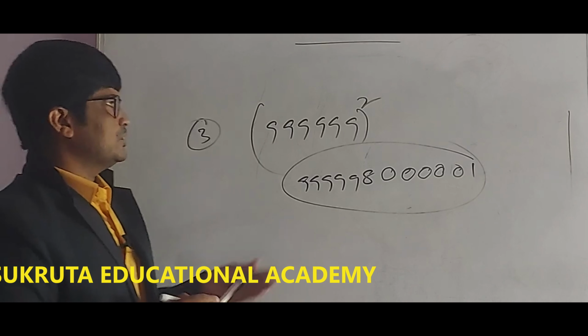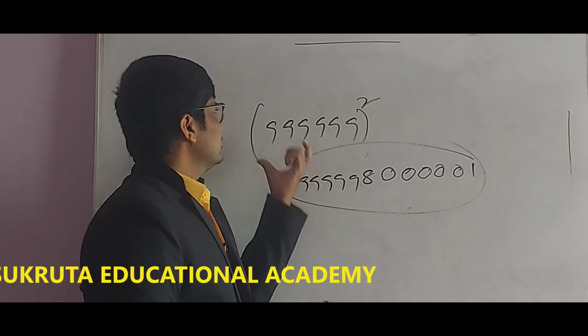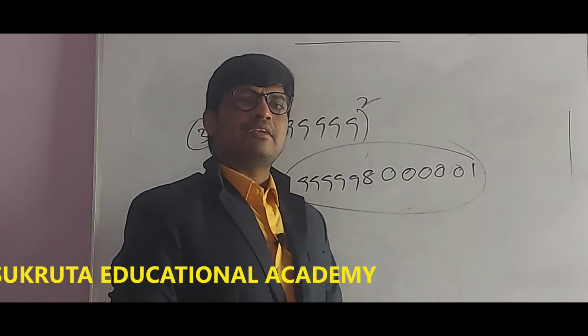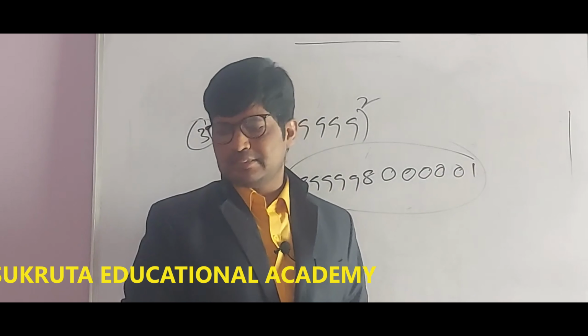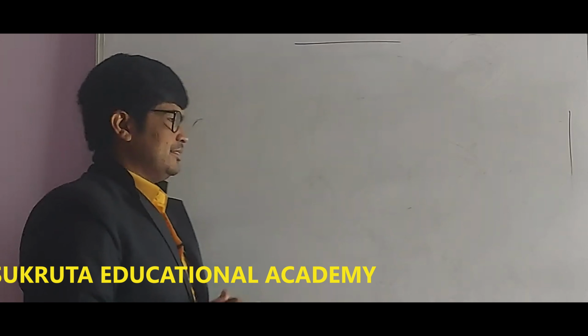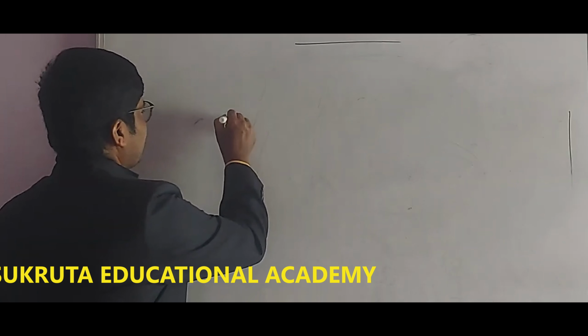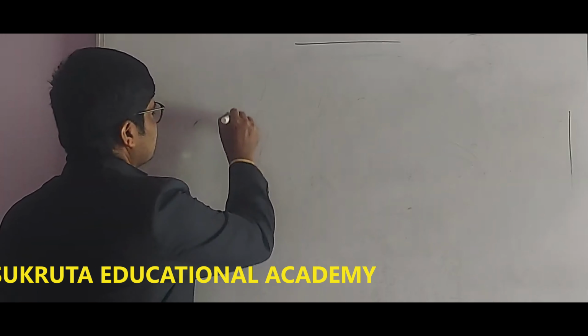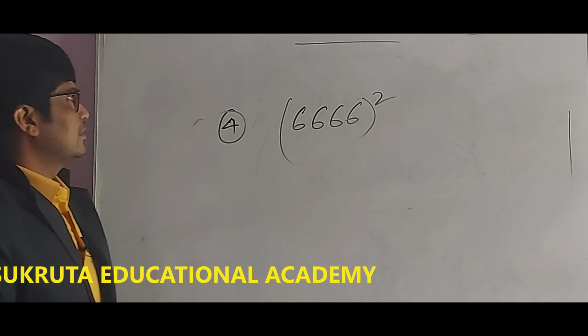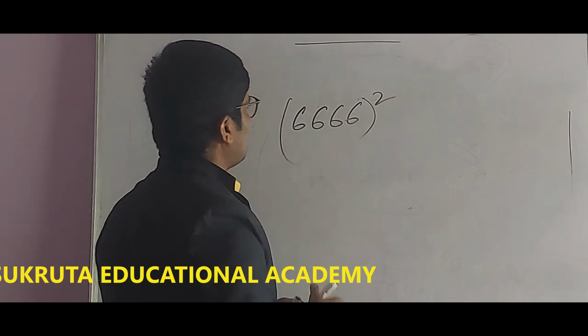We can do the questions like that. So depending on the digits, we have to take them, and we have to divide like this, and we can answer any kind of question like this. So in such a style, now let us take another type of number, that is 6. I am taking 4 digits of 6, 6,666 whole squared.